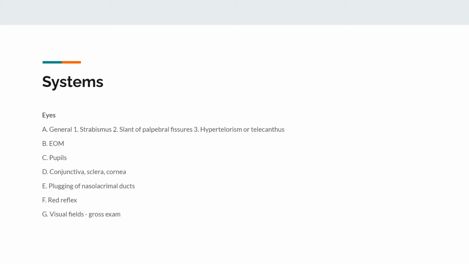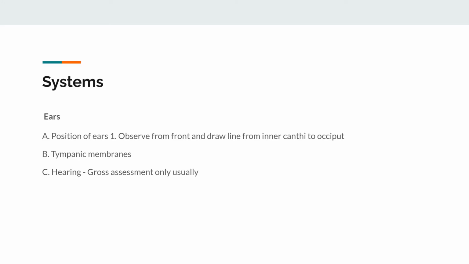You can see from your 4th year eye training whether you can do that or not. It all depends on the time. It all depends on your skill level. So make sure you just go through it. Ears, position of the ears, because that's going to tell if there's an ear infection or not. The tympanic membranes that you see on